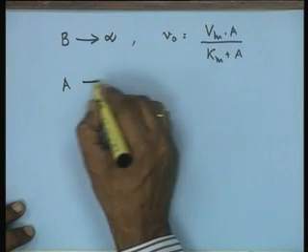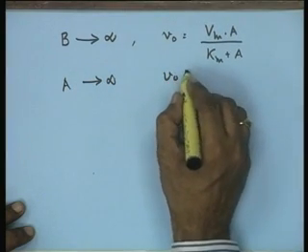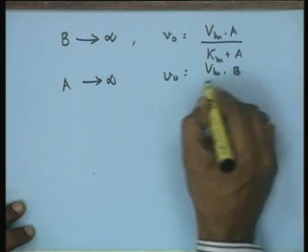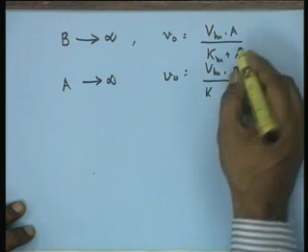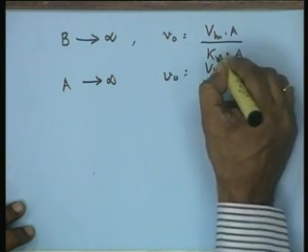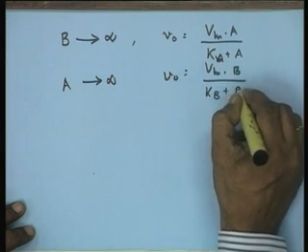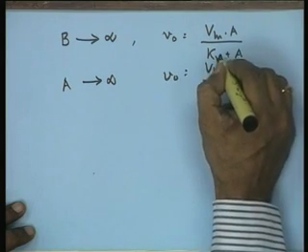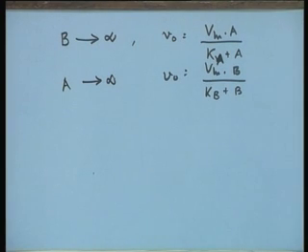Similarly, when A tends to infinity, an analogous expression will emerge, Vm into B upon Kb plus B, not Km. So you get a similar expression in the case of excess or large concentration of one of the reactants, and that was also the understanding we had when we discussed Michaelis-Menten kinetics. Now, you can also rearrange this general expression that I talked about earlier